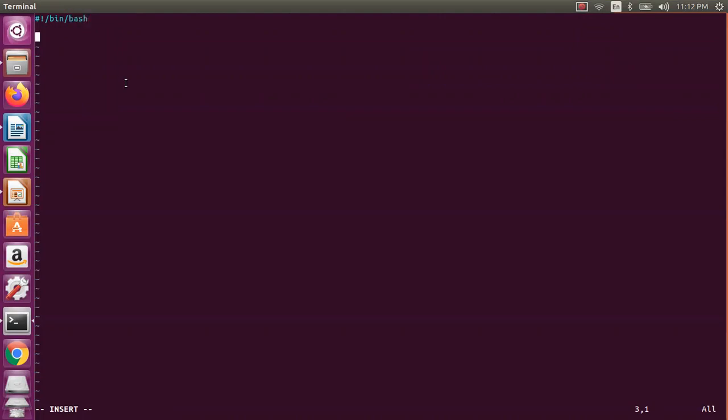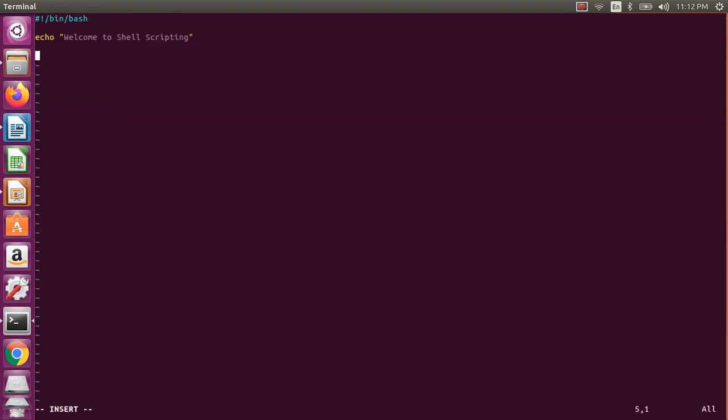Let us assume your default shell is dash, and now you want to run something in bash. If you have not written this line, it will try to execute in the dash shell. Some things may not be portable, and then you will not get the correct execution, and it may fail. So it is better to use it like this. Now I just say echo welcome to shell scripting.